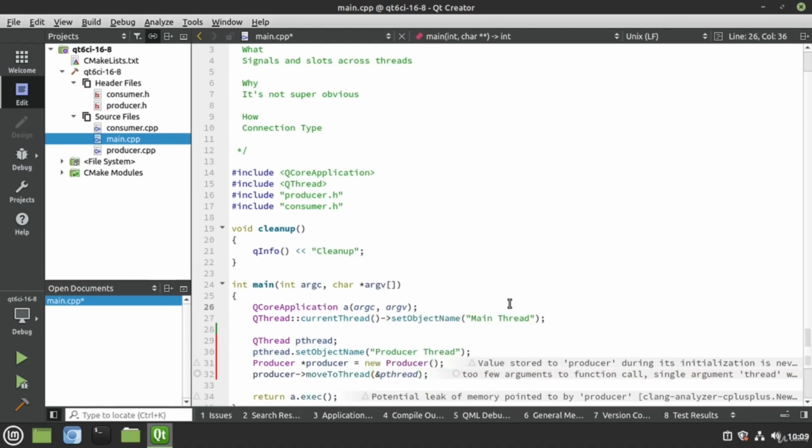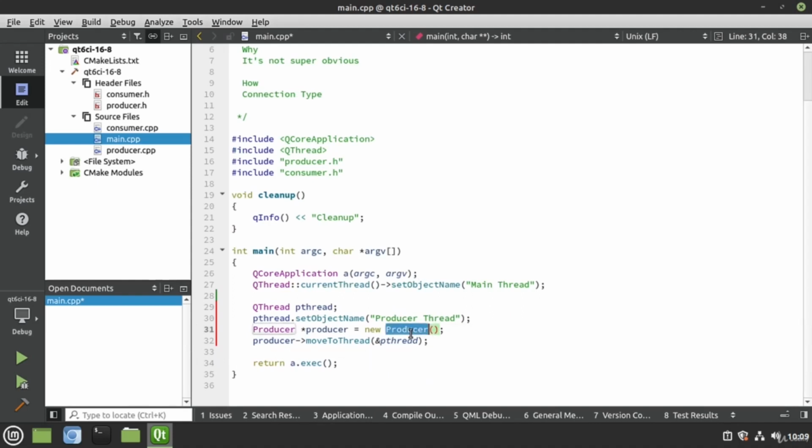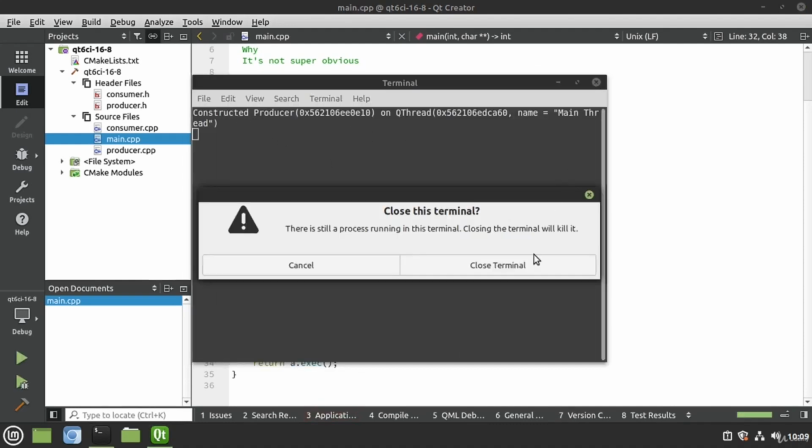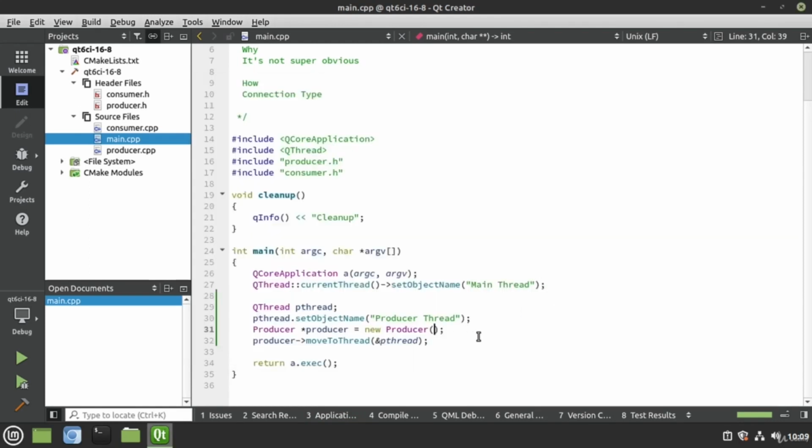What have we done here? Oh my gosh. So we have actually created a memory leak. If we run it like this, it works. It does actually move it to that thread. See, constructed, but then of course it's not deconstructed. There's our memory leak. And if we try to set this parent, so for example, I'm going to set the